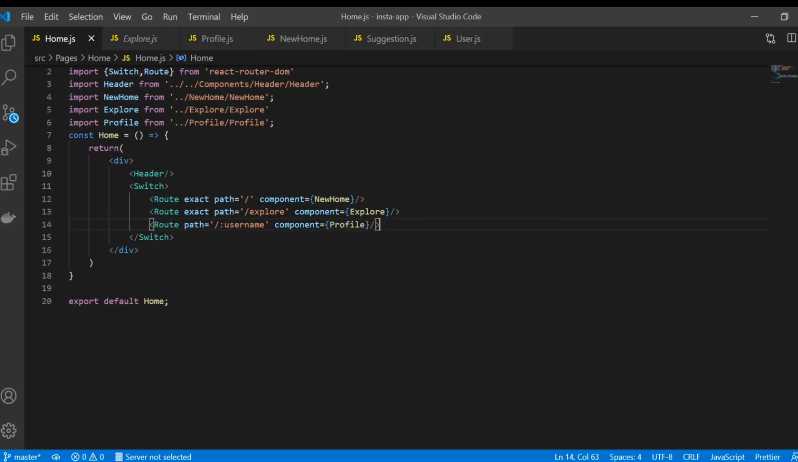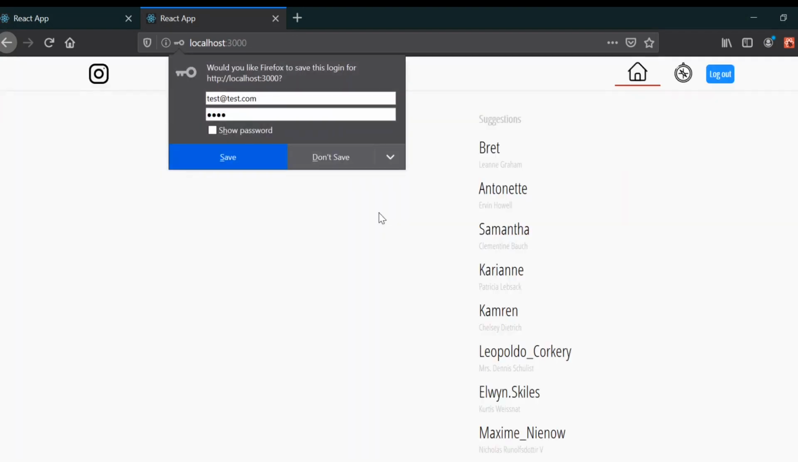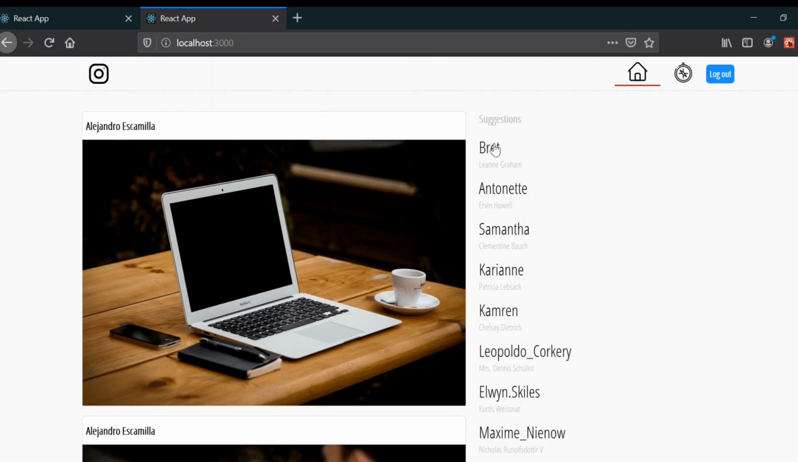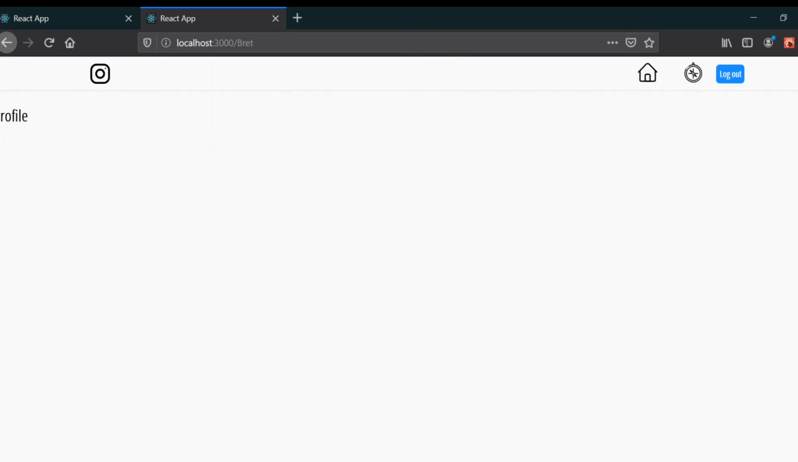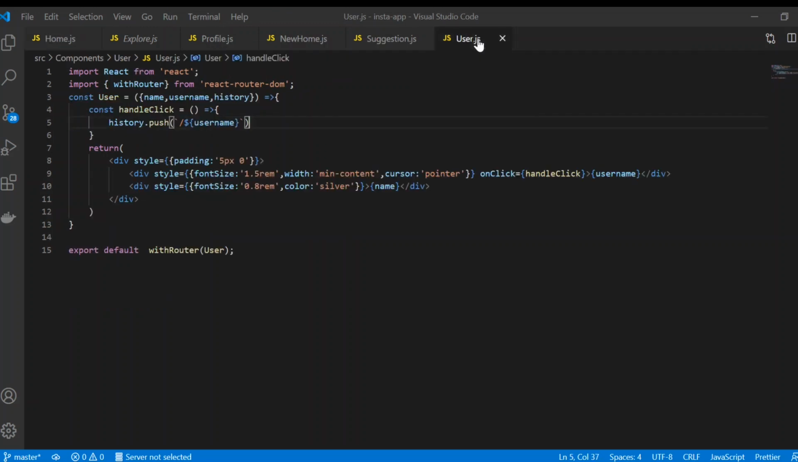Now what we can do, back to our code. In here we're just going to see what happens. Now if we just test it and use this Brad, we can get the profile. Now just one thing is required: we have to give the information that we want to give to this profile page, right? So back to our user.js, what we need in here,